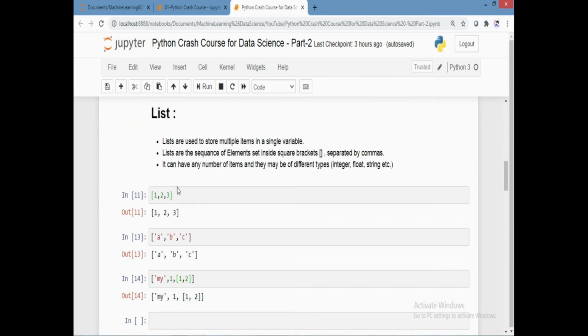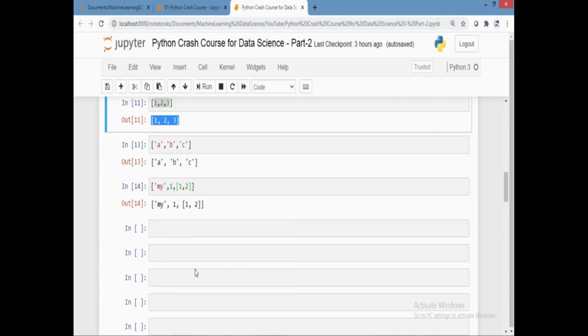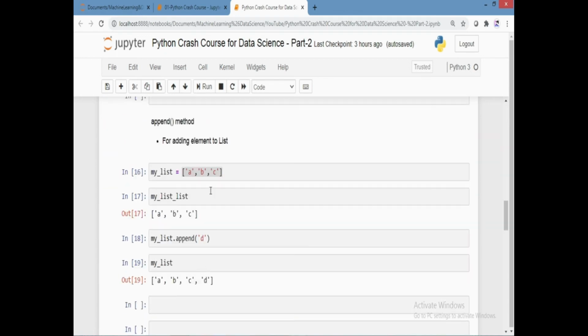Same way, a list. How can we create a list? We can create a list in square brackets with every element separated by a comma. A list can be numeric, integer, string, anything. If we have to add, we can call dot append. We can add any element by calling append.